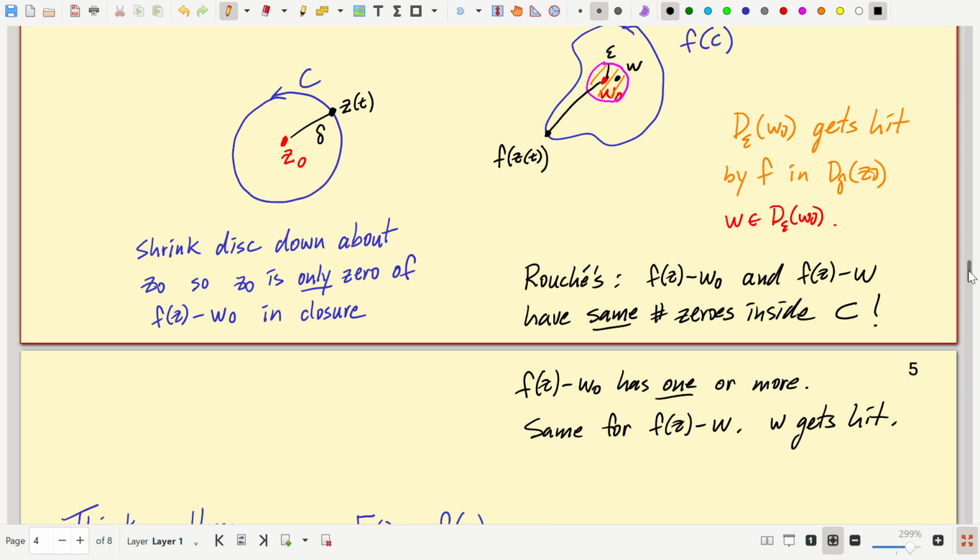This is one moment where the other version, the F and the G version, would be useful, because the capital F would be f of z minus w naught, and the capital G would be f of z minus w. And then you'd get it maybe more